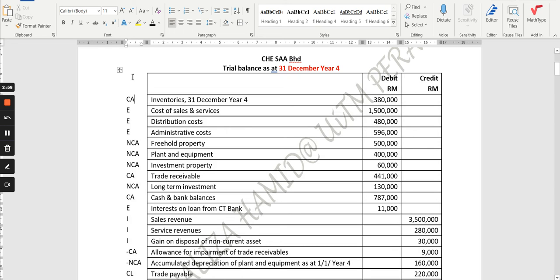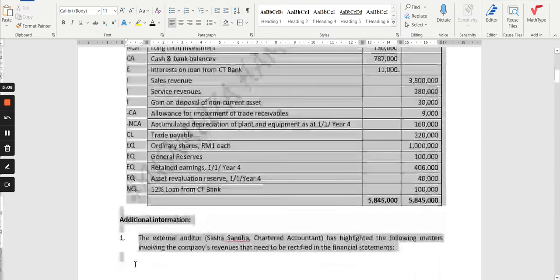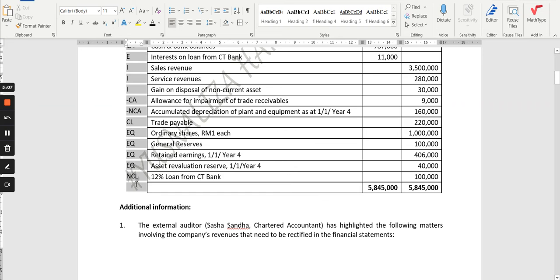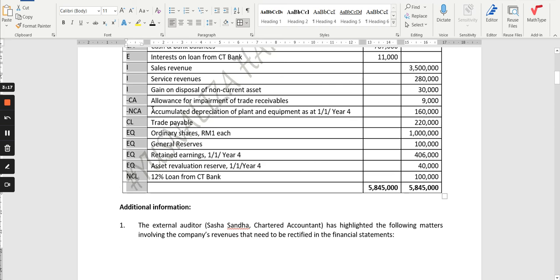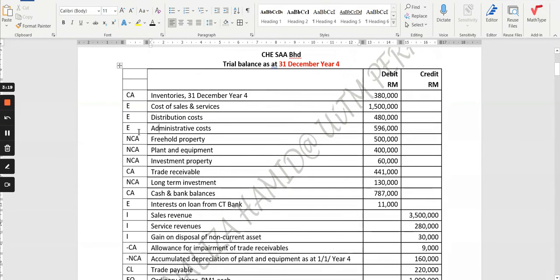The current asset versus non-current asset if the item is in the statement of financial position, if it's a current liability or non-current liability, or maybe you have income and expenses, which will be in your statement of profit or loss and other comprehensive income. Okay, so these are the classification I've done for you: current asset, expenses,